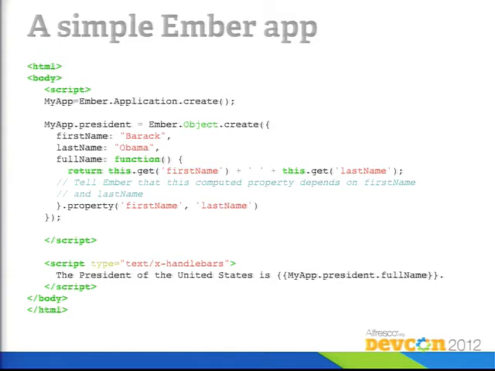But in any case, I'm going to get my first name property. I'm going to concatenate it with a space, and then my last name property. And that's what I'm going to return. And by flagging it as a property, I effectively am making it cacheable. But more importantly,